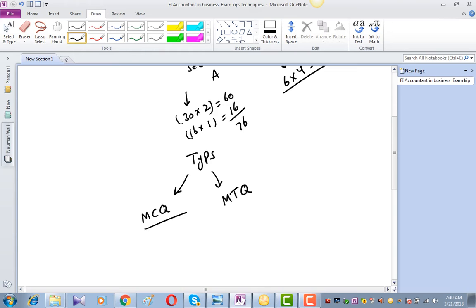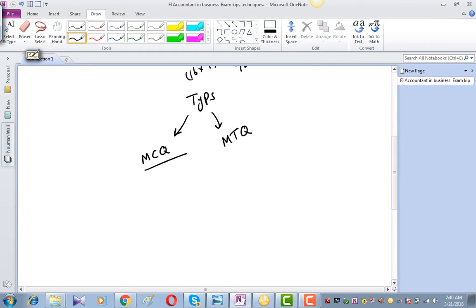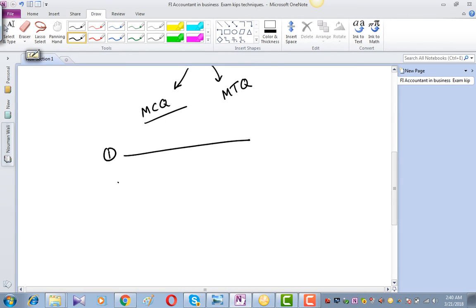Okay. If we take an example, if a question has four options A, B, C and D, there is MCQ number 1. Here is the narration and the answers are A, B, C and D. So options B and C are correct and you have selected only option B. The examiner will not give you any marks because you have to select both B and C in that question, otherwise you will be given 0 marks.